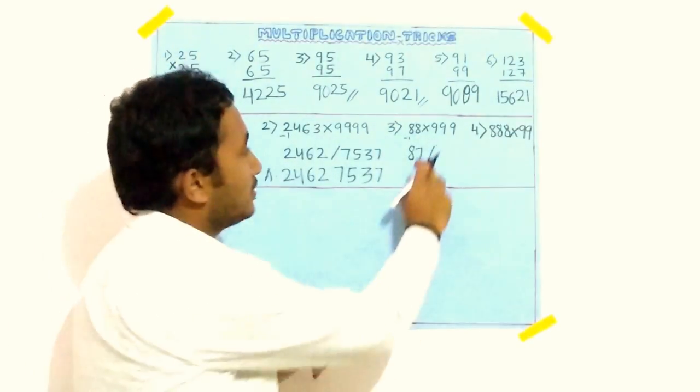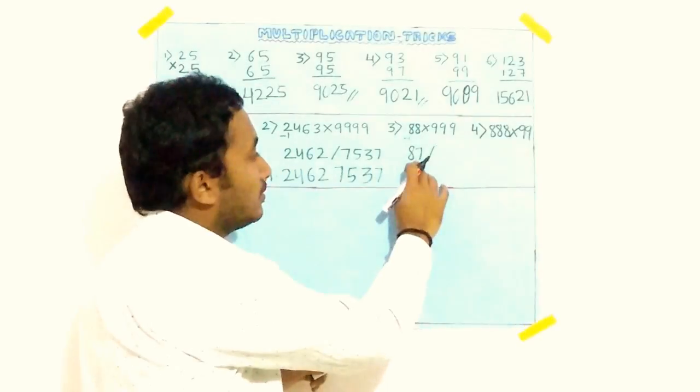In that case, how many 9s will be there? That many digits to the left, the next multiplication term should be there. So we need to add 0 here. So that time 9 minus 0, 9 minus 8, 9 minus 7. That is 9. That is, 9 minus 8 is 1. 9 minus 7 is 2. Okay. So the answer is 8, 7, 9, 1, 2.